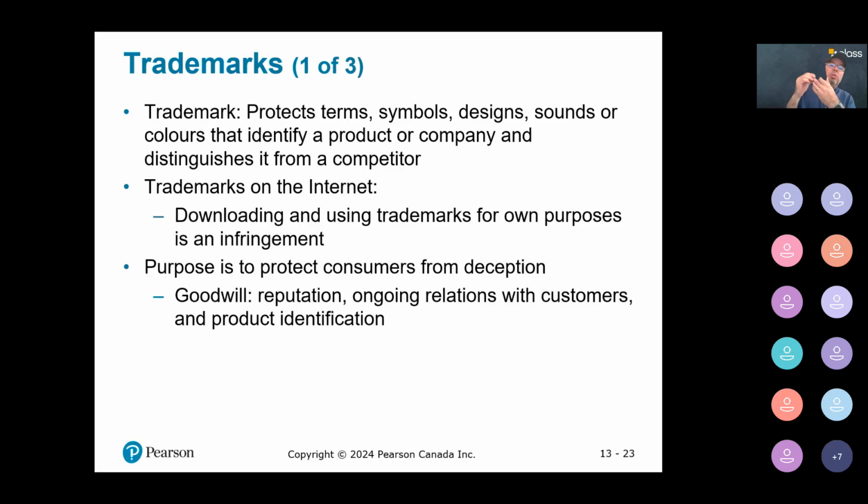And now the logo is protected by trademark. So you see a product like the iPhone may have three different IPs in terms of protection. It's protected by copyright, it's protected by patent, and it's protected by trademark. Each type protecting